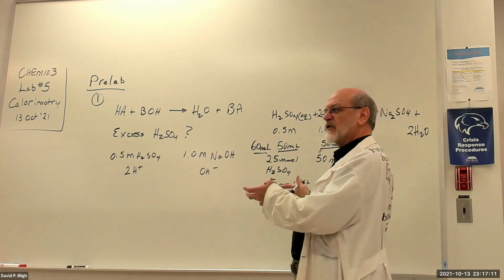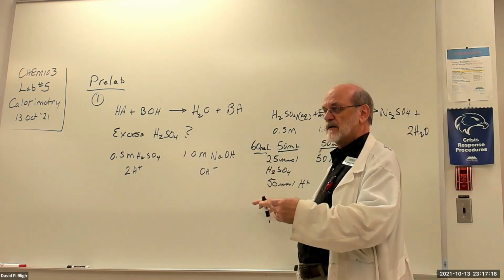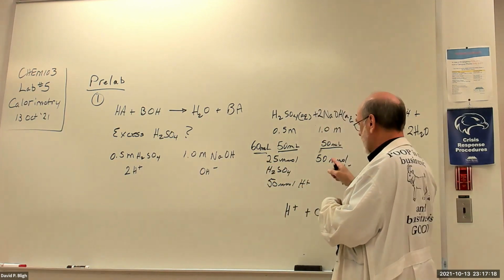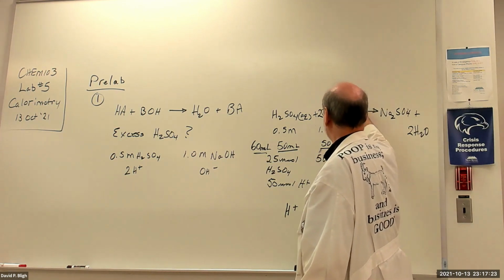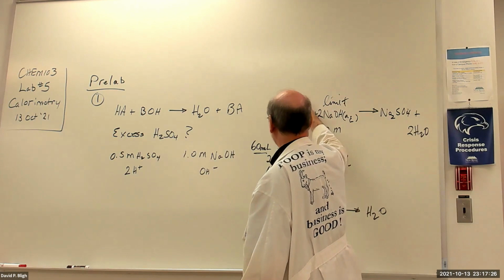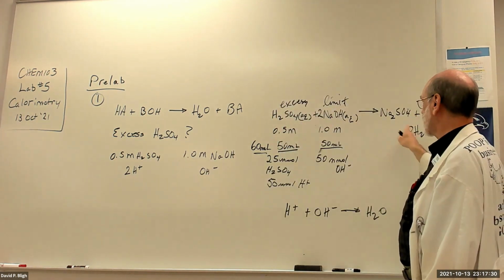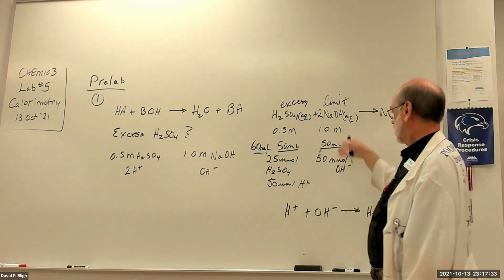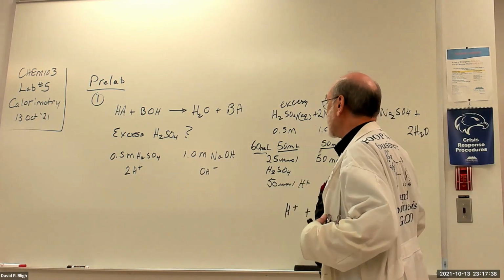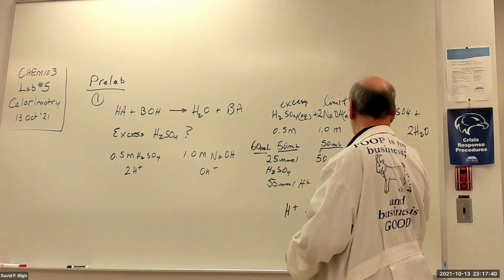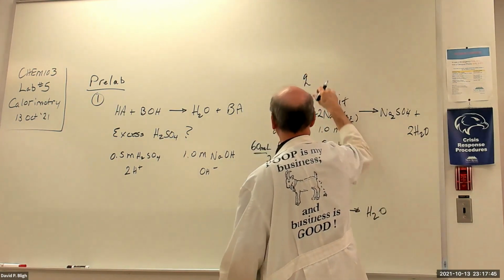Okay, so we're not concerned with the excess hydrogen ions in this case because we're only interested in the heat. So the heat that's produced is based upon this limiting reactant. Right? That's limiting, and this is excess. Okay? That guarantees that we get a complete reaction. And then when we determine the heat of this reaction, when we get a Q value, and I'll show you how to do that in a few minutes, when you get a Q value for this reaction,